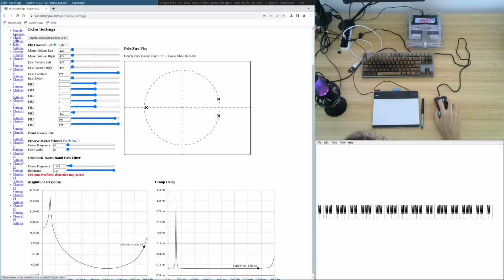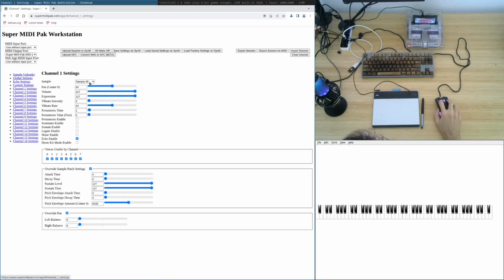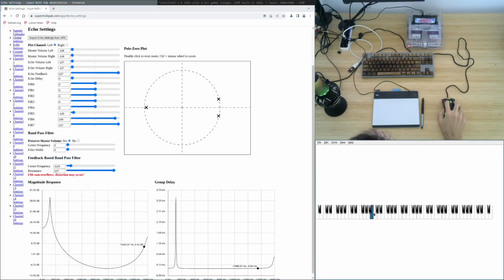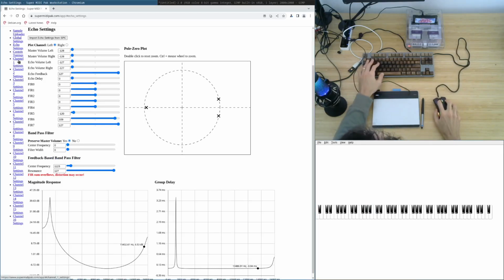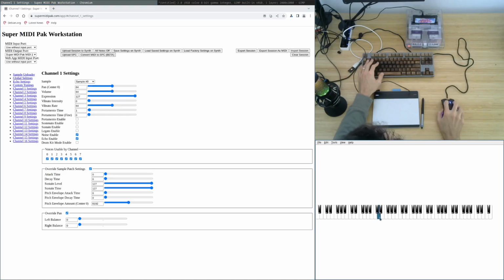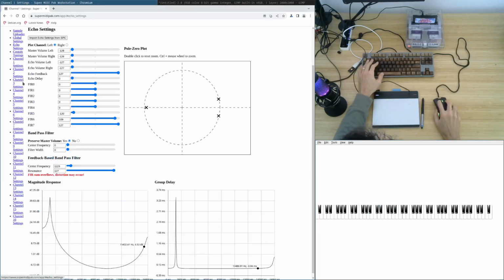So what I've been doing in my demo is just using the internal noise generator of the SNES. Okay, so if I turn that noise, let me turn the volume down just a little bit so I don't blow your guys' ears out. Okay. So if I turn the noise on,